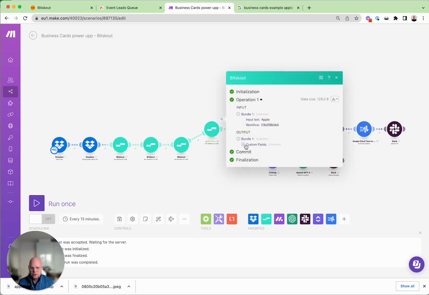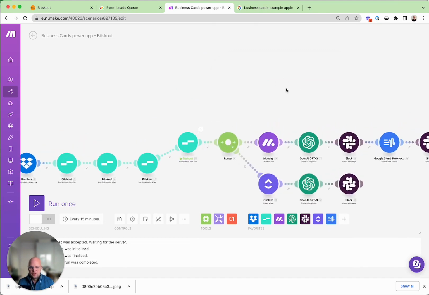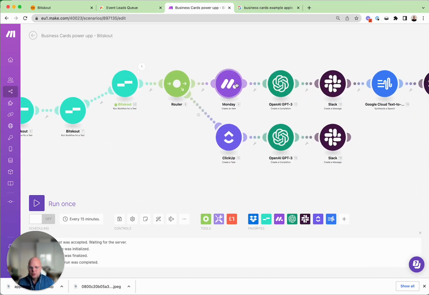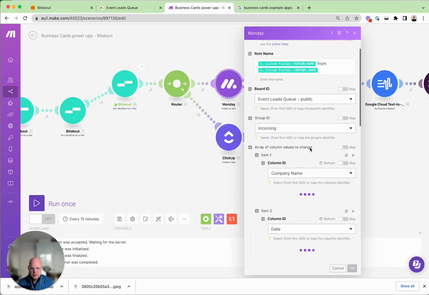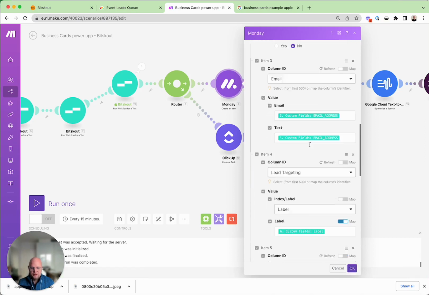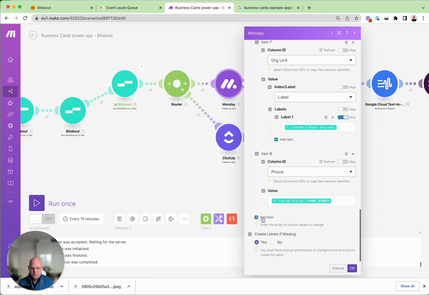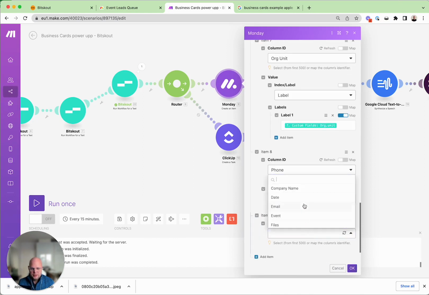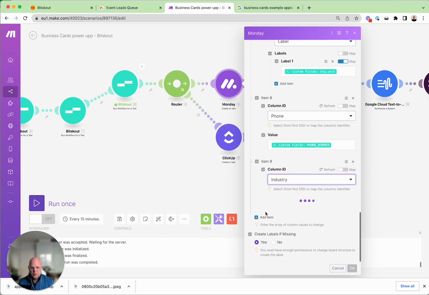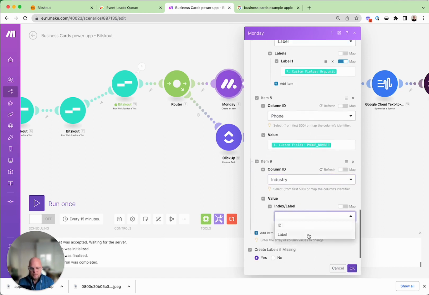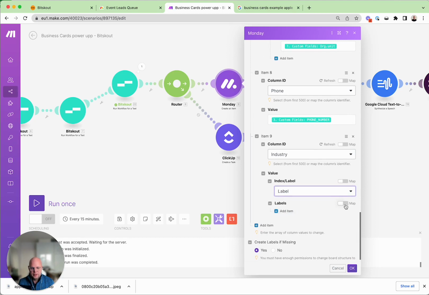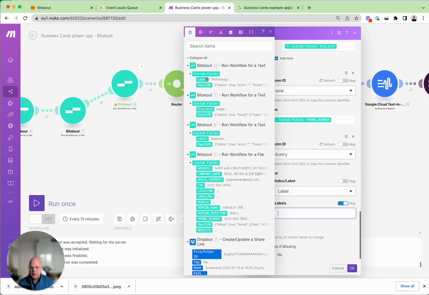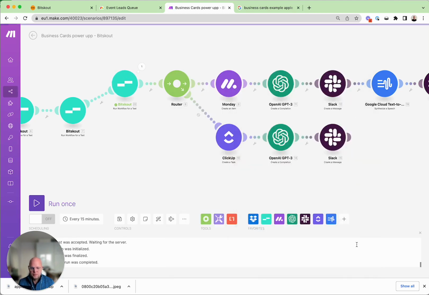So now it knows. It's going to be a technology label, and then when we create an item on Monday, we need to add a field here, another item, and the column ID in this case will be industry. First we need to select that it's a label, and then we need to map it, and it will be this one.